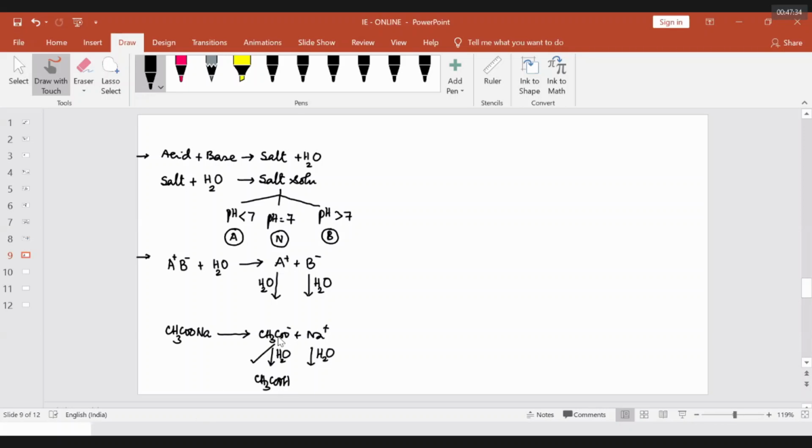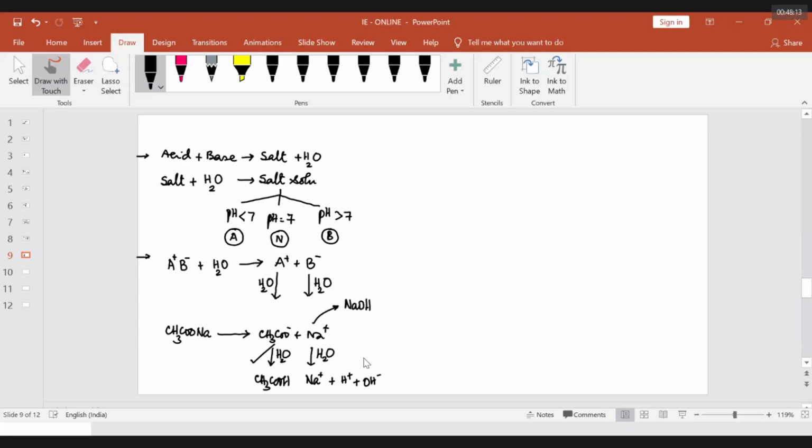Selective ion of salt. The sodium ion says to the water molecule, Mr. Water, I am coming from a rich family, a strong base. I don't want to combine. I want to have my life freely, in freedom. Na plus, I want to enjoy in ionic form. I don't want to become molecular form. Therefore, this Na plus remains as it is. The H plus and OH minus of water are simply waiting for it to react. This fellow said, no, I am not going to react with you. No salt hydrolysis. The acetate is going to combine with you. Salt hydrolysis.